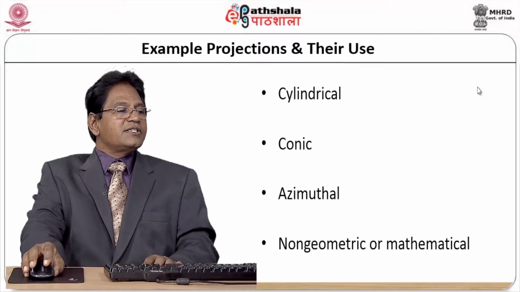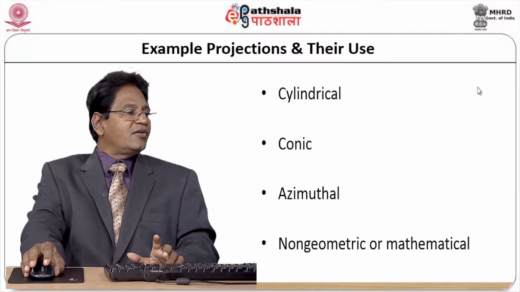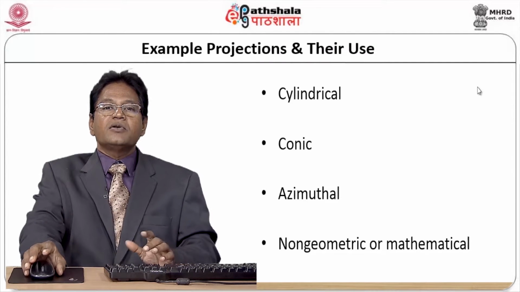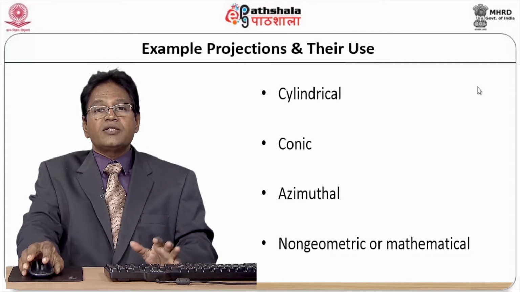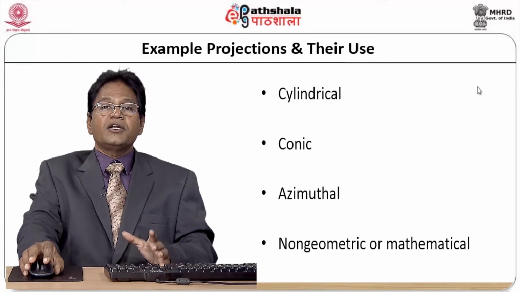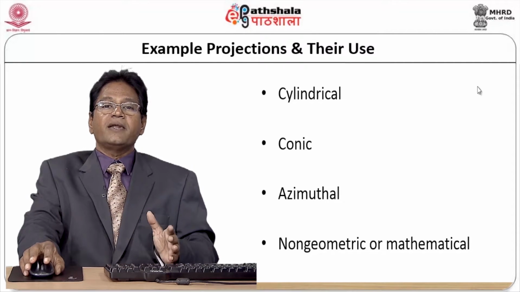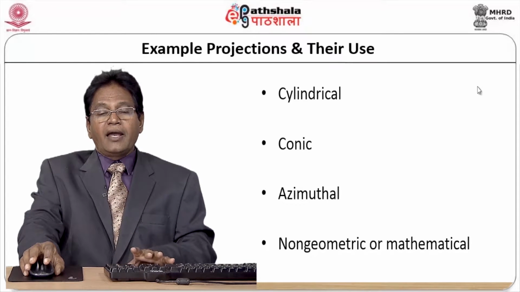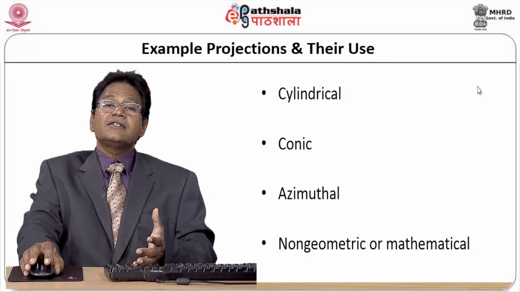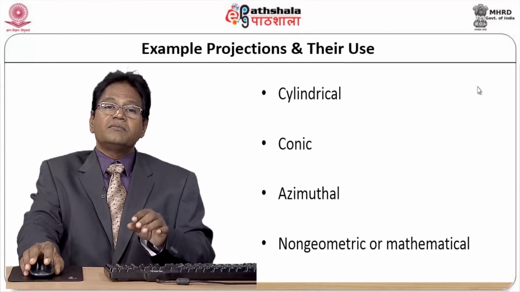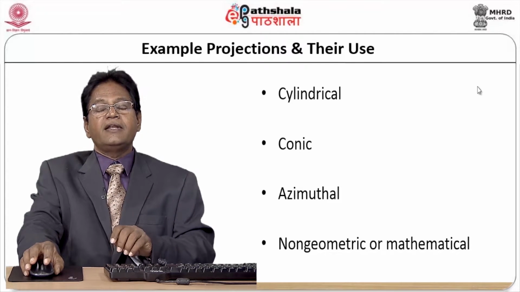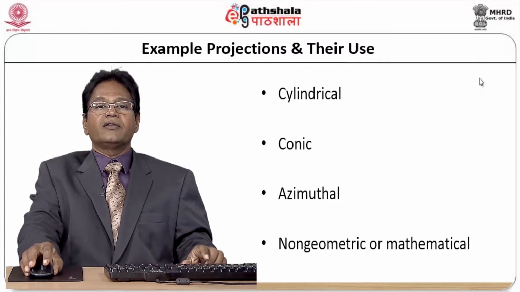Examples of various projections and their use. Let us see one after the other: cylindrical, conical, azimuthal, non-geometric or mathematical. People are using even non-geometrical shapes, because when you are trying to consider each one of them, as you know, everything is affected by some distortion or other, isn't it? So, in that case what should I do? If I consider a geometrical shape like a cylinder or a cone, I may lose some details, I may have some distortion in some part of the globe or other, but if I consider a non-mathematical or non-geometrical shape, then I may not lose that, but depiction will be relatively difficult, but still people are working on that nowadays.